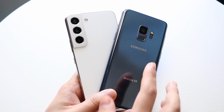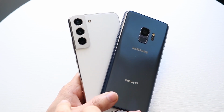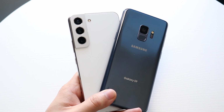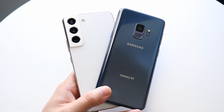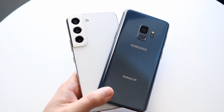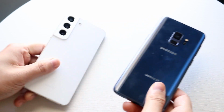We have a single camera setup with a fingerprint sensor right here on the Galaxy S9, where the S22 has the fingerprint sensor built into the display, but has a triple camera setup. And the lenses are much bigger on the S22, as you can tell, and the cameras are much better on the S22 too. So you have to keep those things in mind. So without a doubt, that pretty much covers it up on the outside, but that doesn't even cover up everything,